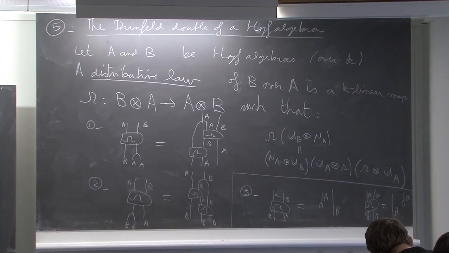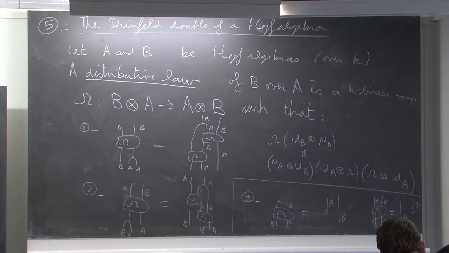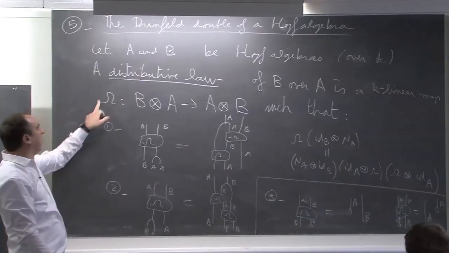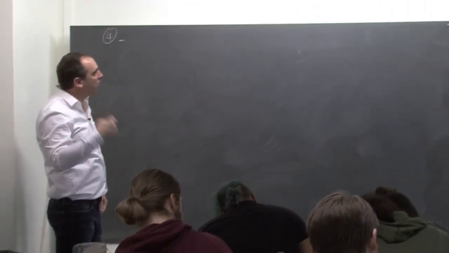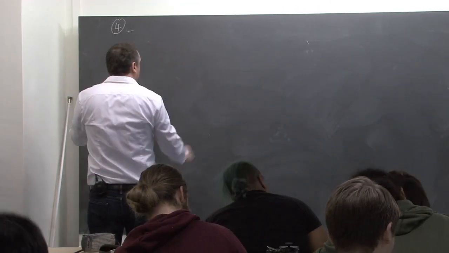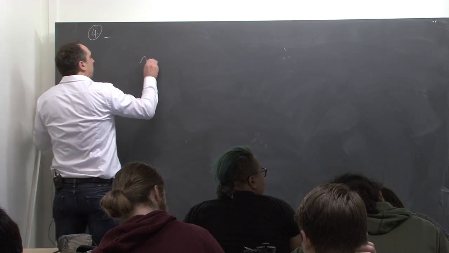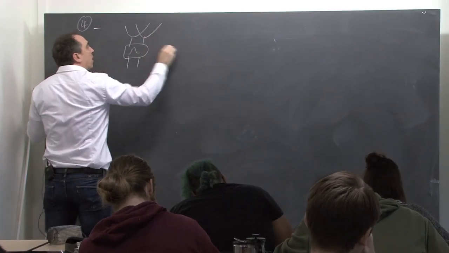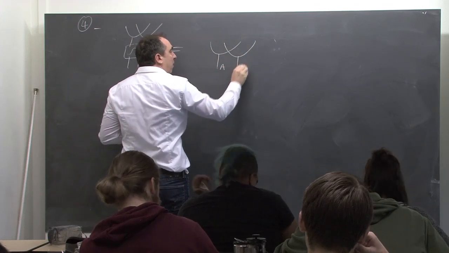I want also, what do I want? I want some compatibility of this omega with the coproduct. So I want omega to be a coalgebra morphism. So what does it mean? It means, if I plug omega and then the coproduct, it is the same as taking the coproducts, so A, B,